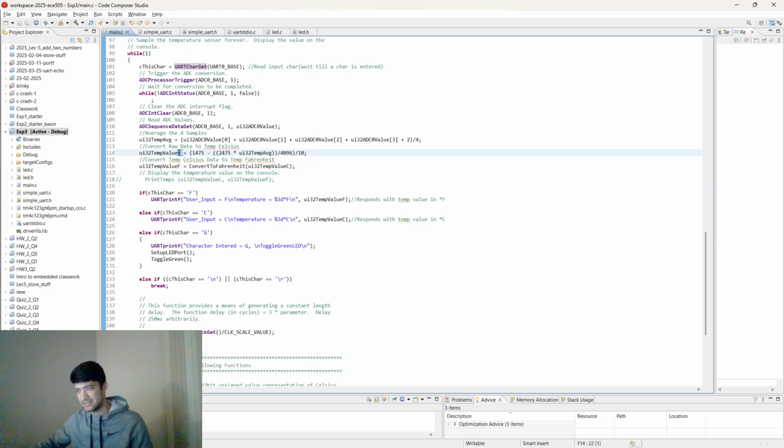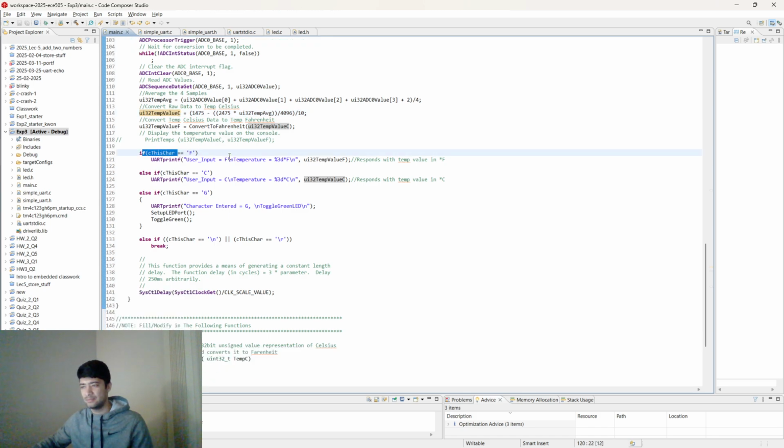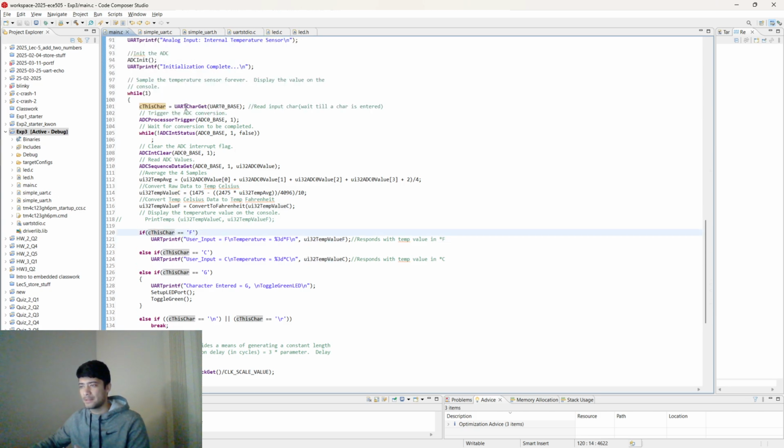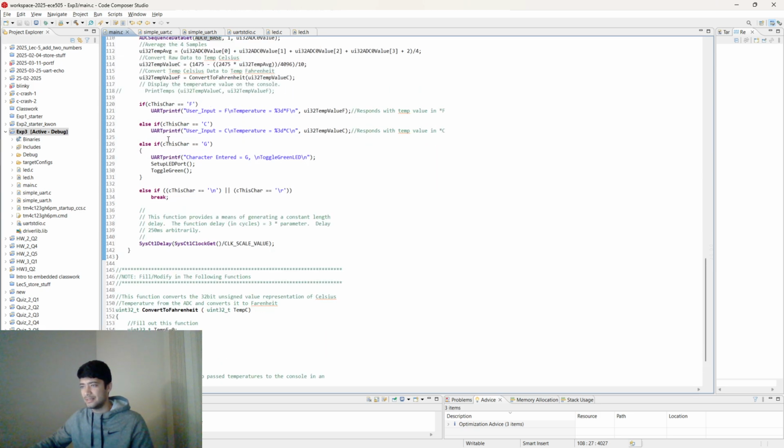Earlier it was in the Celsius scale. And then if I input the F character here in the terminal, UART char get waits until a character is pressed. And there's an if-else-if construct here. If the inputted character is F, then it will print the Fahrenheit scale. If it is C, it is the Celsius scale, and if it is G,